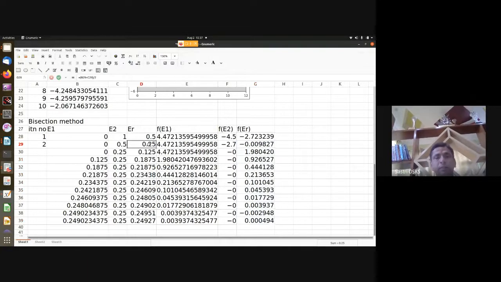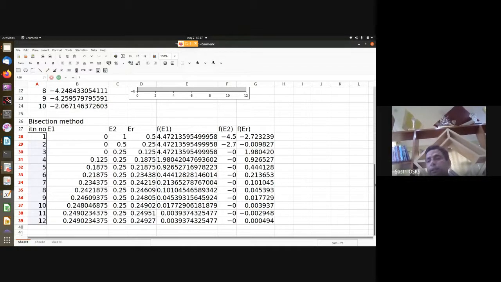That means one of the ERs might be 0.25 itself, you can say. Or of course, if you can see here, 3 decimal accuracy. So it is again 0.004. Yeah, this is I think more accurate, 0.249. Okay, so 0.25 if you want 2 decimal accuracy. If you want 3 decimal accuracy, then 0.249 after the end of how many iterations. So you have more number of iterations like that.